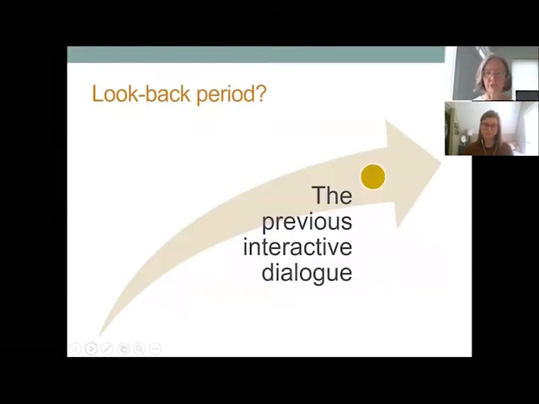The look back period for your report. Now, some people might start from the very beginning when the death penalty was introduced in their country and how many executions there have been since that period of time. But for purposes of a UPR stakeholder report, you really want to focus on the period of time since the last interactive dialogue. Because it's a cyclical process, you're not going to look back to a previous cycle. You're just going to look at the most recent cycle that's being completed as the relevant period of time. So in terms of the information you provide in your report, it's best to stick to that previous 4 to 5 years.